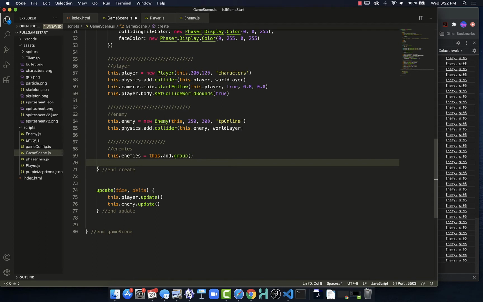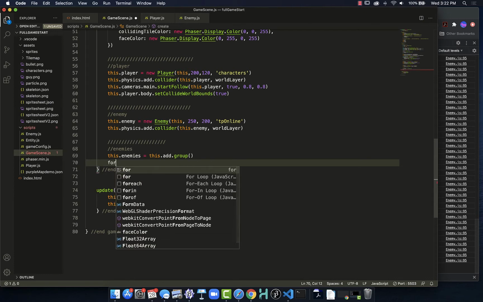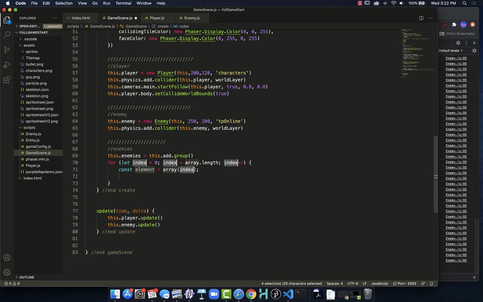So groups work very much like an array. They're a collection. They're a group of like elements. So I'm going to use a simple for loop, and with this, we'll just leave that at array.length right now. We'll call that E, and then we'll figure out how we're adding that in here in just a moment. And with that, I want to add, we'll just try a nice easy number like 8. So we're going to say that E is now equal to a new enemy,